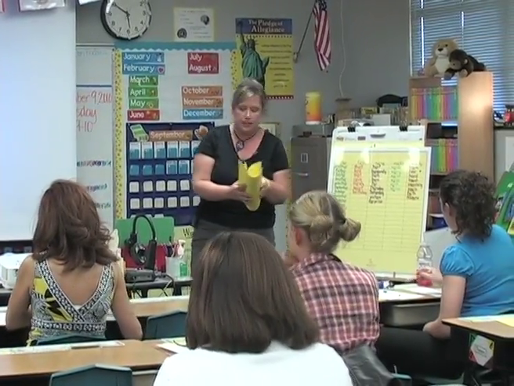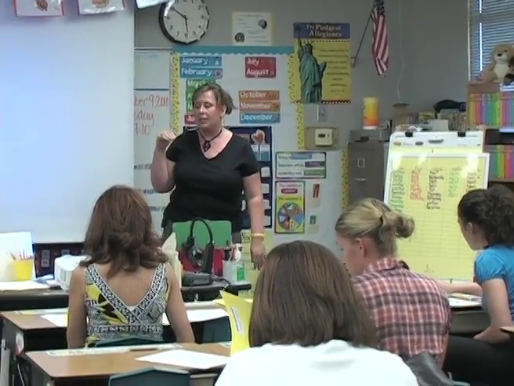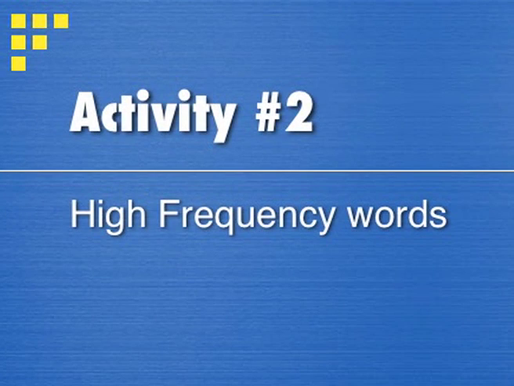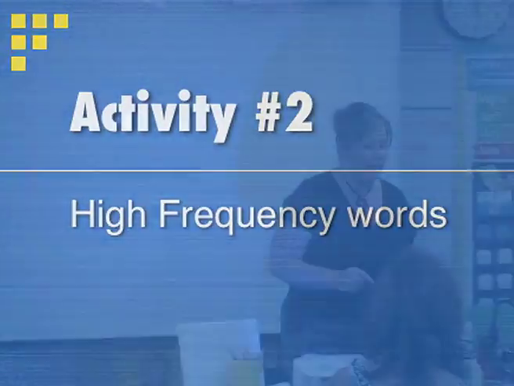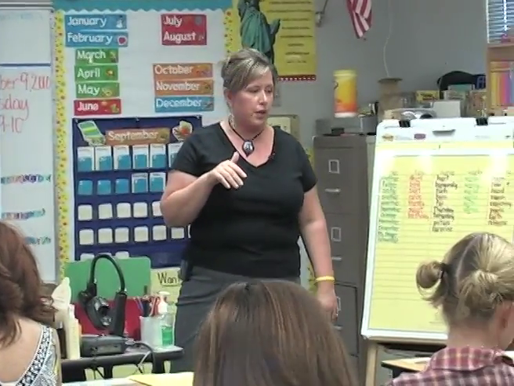If you look in your folder, it'll say Spalding phonogram list at the top. Should be the third piece of paper in there. Have little stars on the right-hand side. It'll say oral phonogram individual assessment form. As of August 31st, if it has a dot next to it, it is a phonogram that your student did not know. High frequency words. If you want to take a look at the high frequency word page in there, like I said, it shows you every word that your student doesn't know. And this is a list of all 225 words.